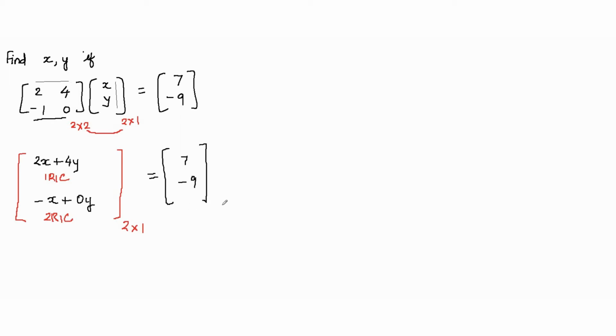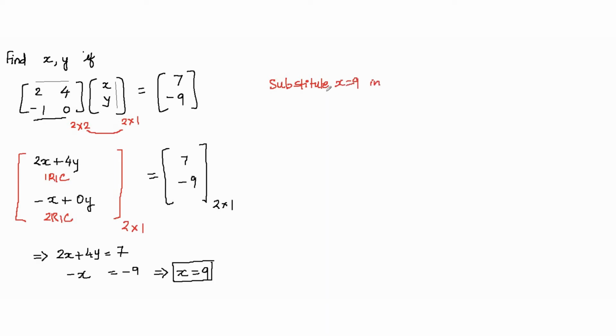So now this is also a 2 by 1 matrix. So we know that if two matrices are equal to each other, then the corresponding elements should be equal, which means 2x plus 4y is equal to 7, and the other equation is negative x equals negative 9, right? And negative x equals negative 9 implies that x is equal to positive 9. So now that x is equal to positive 9, we will substitute x equals 9 in the first equation,